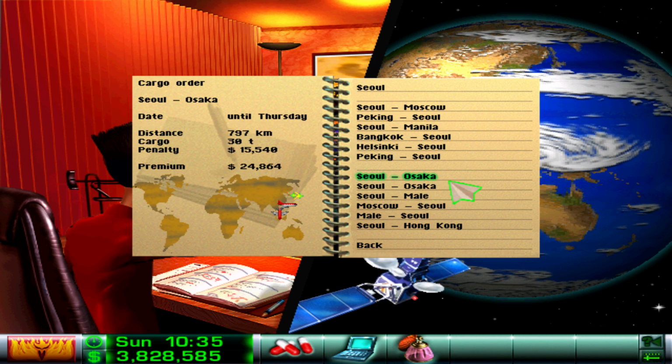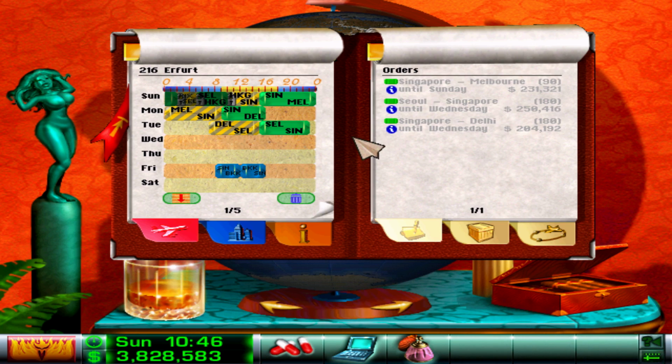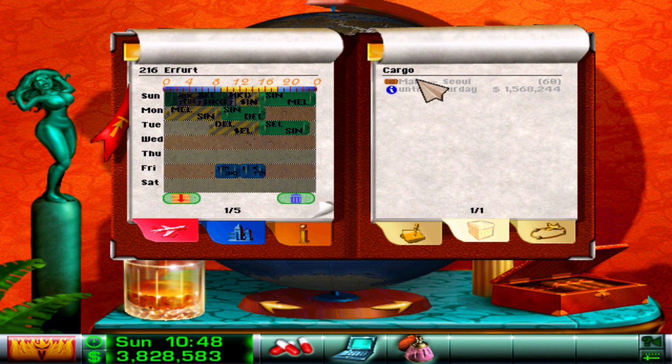So you know what, I think I'm just gonna bite the bullet. I think I'm just gonna have to. There's some really, really good cargo ones right now, you know that. Like that, mail to Seoul. That would require 3 planes, but I've got until Saturday to do that, so you know what, we're gonna grab that and take that. And we're gonna start to schedule that in, so...